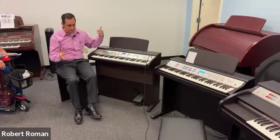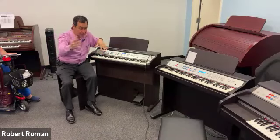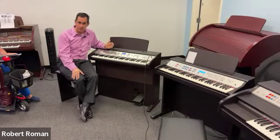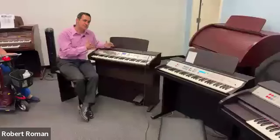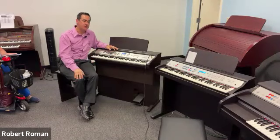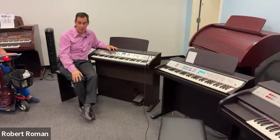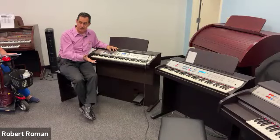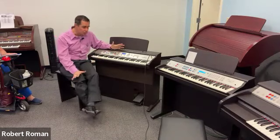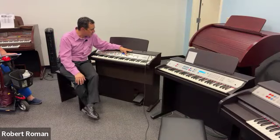Now, both of these models, and obviously everything above that, have full band styles. The Easy has the full band pianist and guitarist. The Estey Discovery 3 and Freedom 3 have some of those styles, but some of them are listed in other categories. They both have the song feature, which plays the song. On the Easy 2, the song feature, let me find a different song here. How about...